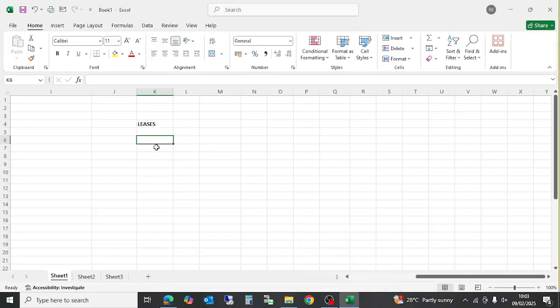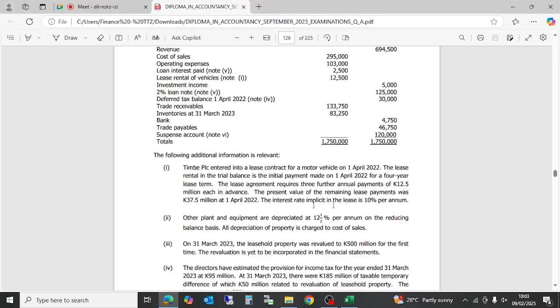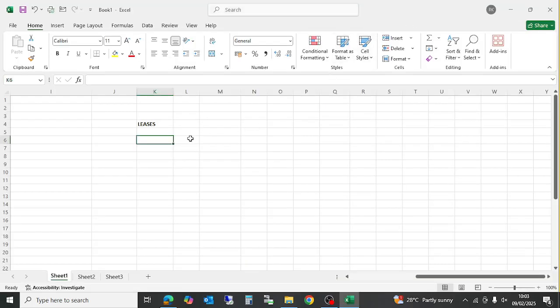Okay. For us to find the initial value of the motor vehicle, we'll have to firstly get the initial measurement of the motor vehicle as at 1st April 2022, which is the present value of the remaining lease payments, 37.5. So this is the 37,500. So the present value of the lease asset is 37,500, and we have a rental payment that they made already, which is